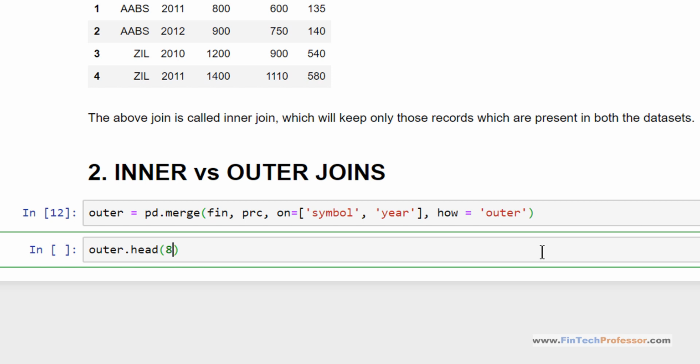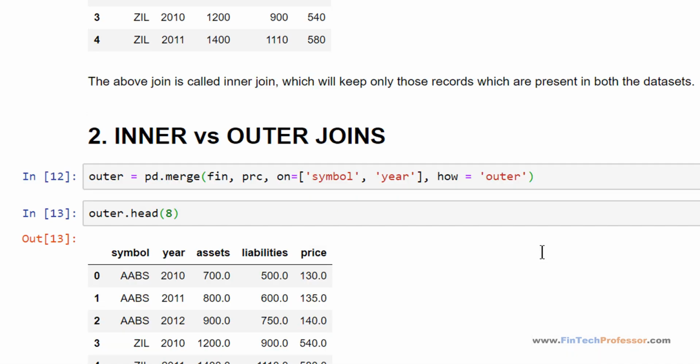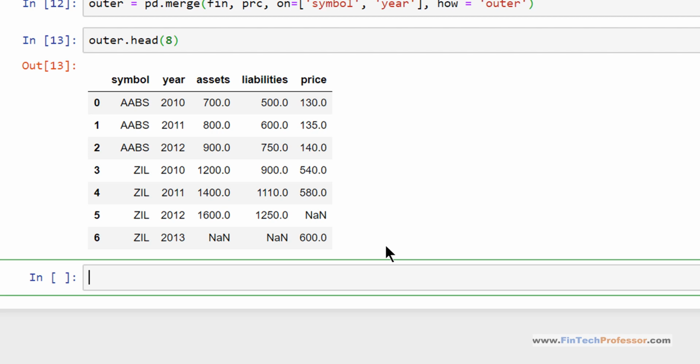and now we have more than 6 observations. All the observations are available in this data set. So let's see what is different compared to the inner merge.